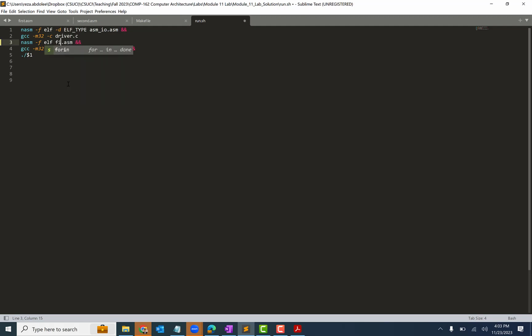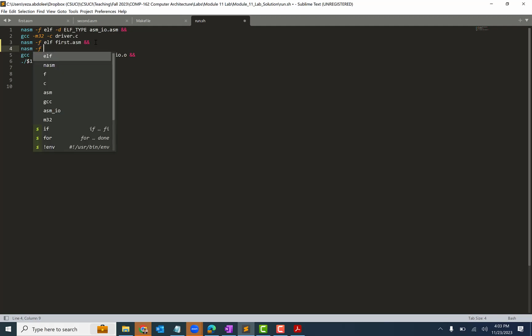So what I do, I add my 2 files in here, first.asm, and then I compile to create my second file, which again was second.asm. So that's my file, and then I write gcc -m32, and I don't have $1 because this run_modular, I'm not going to make it parametric. I just want it to be run for this specific task. So I call my file name, maybe I call it output, and then